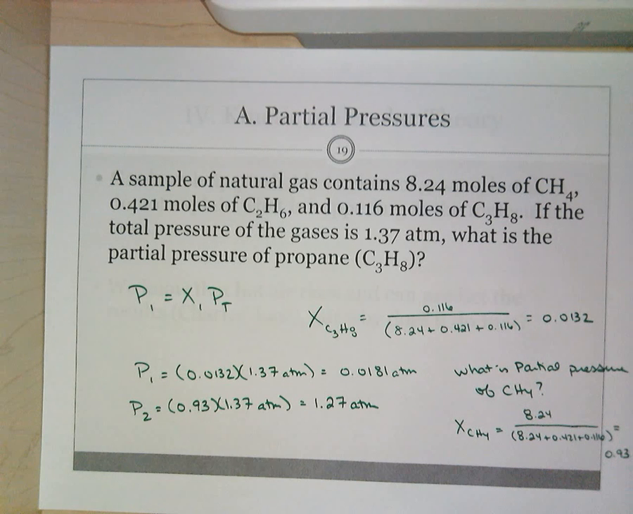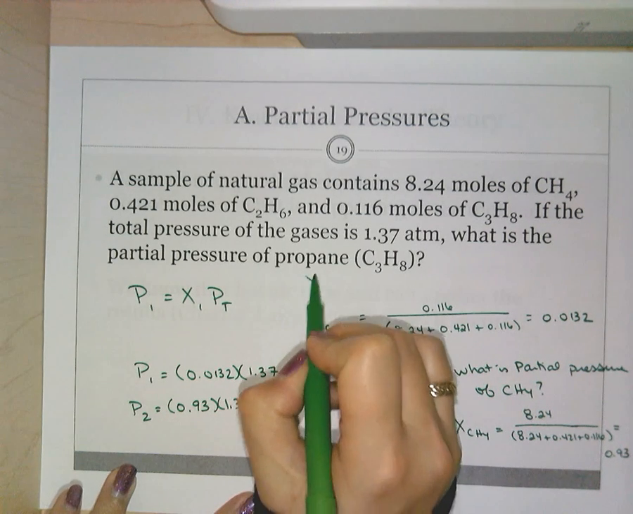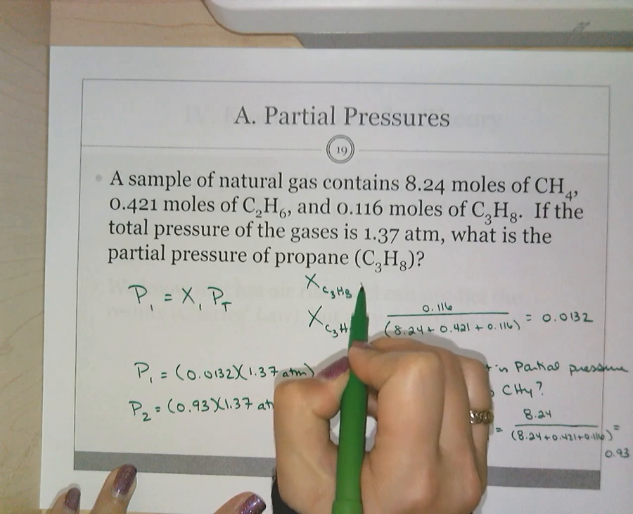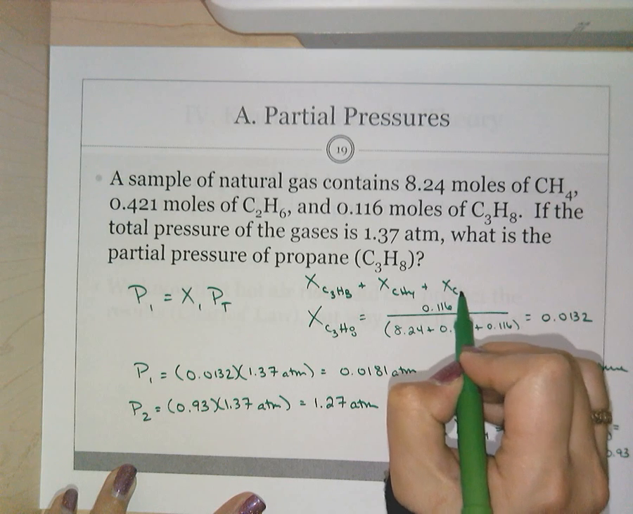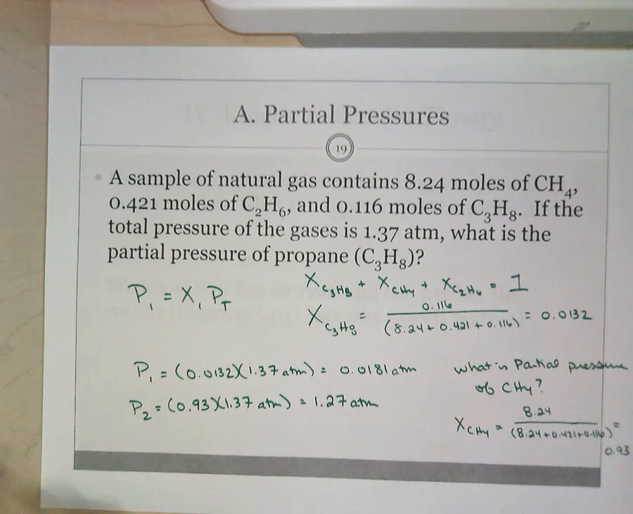What do you think the mole fraction of the C2H6 component should be? Without doing any math, how would you know what it is? Right? So mole fractions must add to 1. Right? A whole fraction is 1. So in this case, we know that mole fraction of C3H8 plus C2H6 is 1. I know of 0.93 and I got 0.0132, so